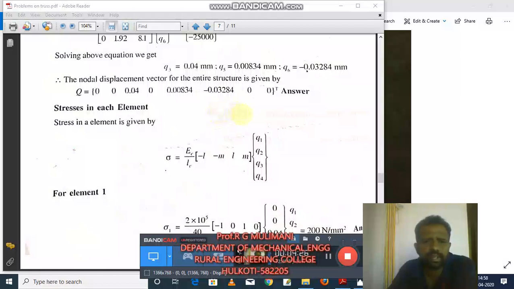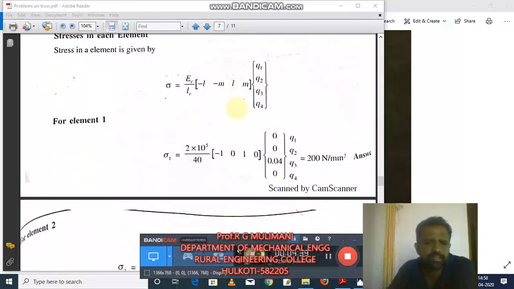First task is over. The next task is to find the stresses in the elements. Now we have 4 elements. For all the 4 elements you need to find what are the stresses and the nature of stresses. For element 1, we already know this equation. It was already derived in the last video. Sigma is equal to E by L times minus L, minus M, L, M, multiplied by the nodal displacement. For element 1,